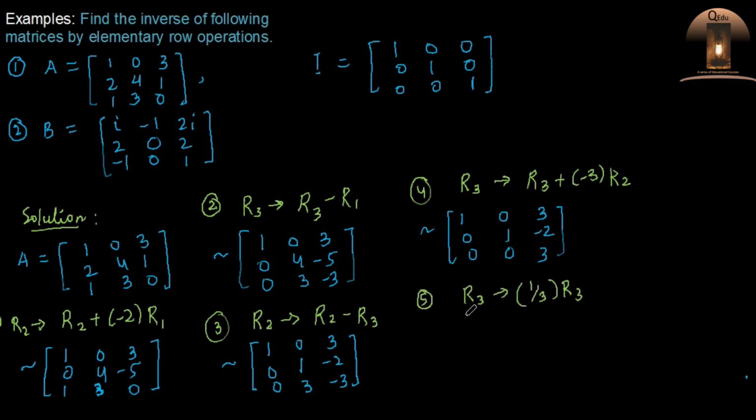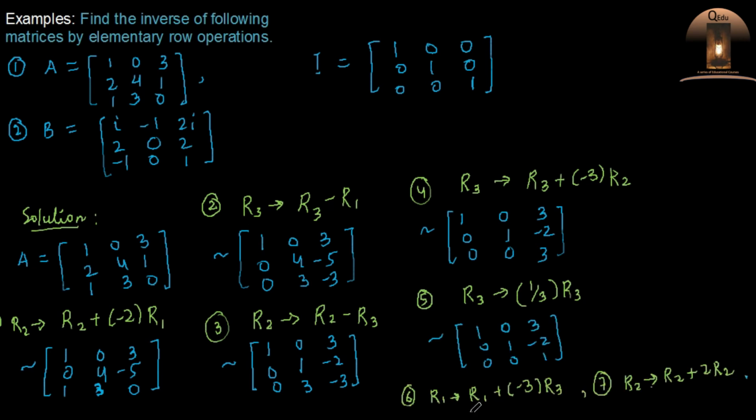So now we shall change this row 3 by multiplying row 3 by 1 upon 3, a constant. Hence the elements we will have 1, 0, 3 in the first row, and then 0, 1, minus 2 in the second row, and 0, 0, 1 in the third row. So now we just have to replace 3 and minus 2 by 0. For this we shall apply two operations. Now finally we shall apply these two operations number 6 and 7 to get the 3 to 0 and minus 2 to 0. So finally we will have the matrix A equivalent to the identity matrix after applying 7 sequence of elementary row operations.